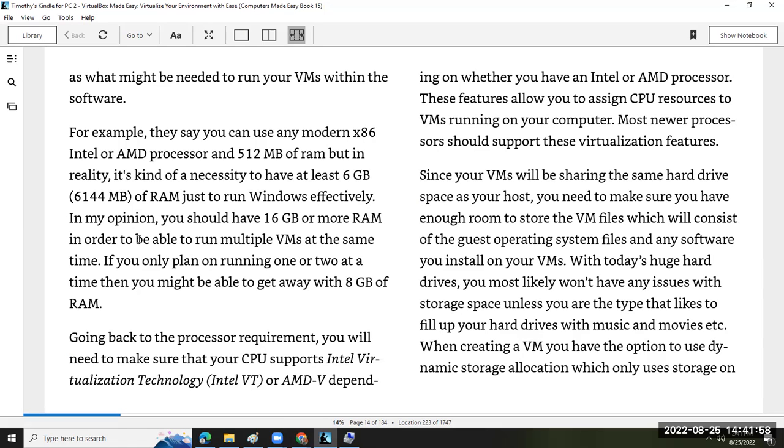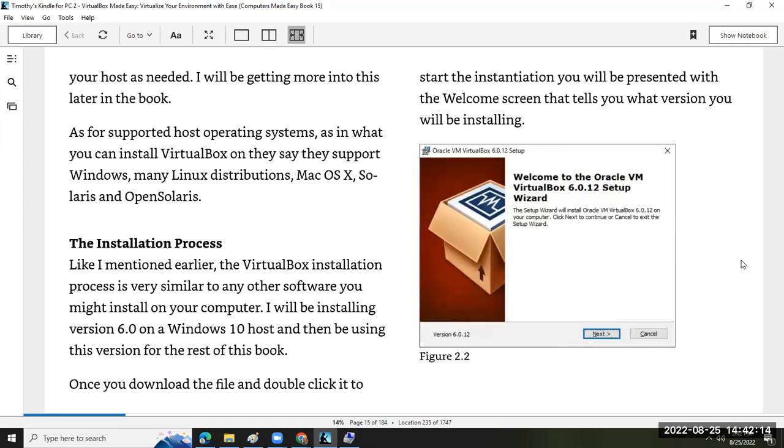So here it talks about the minimum that you need. I told you that 36 gigabytes of disk space are required to load a server operating system, right? And it says, since it's sharing the same hard drive, you have to be careful about what you're doing. That's why we did all that stuff, right? I'll walk you through the installation process. And here it shows